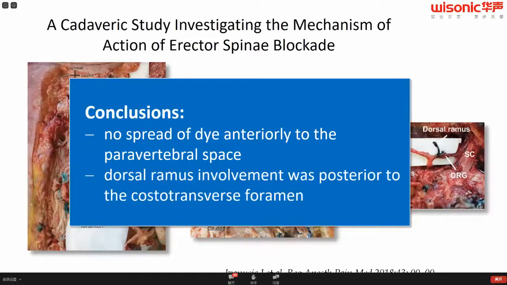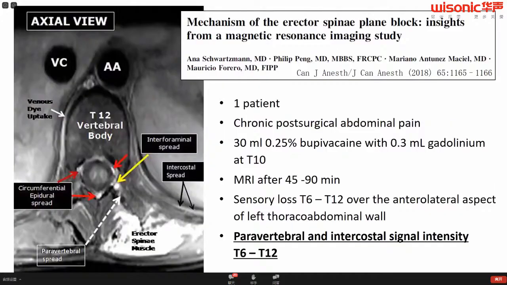paravertebral space, and the dorsal ramus involvement was posterior to the costotransverse foramen. This is another patient where 30 ml of bupivacaine with contrast dye were injected at T10, and after 90 minutes they made an MRI, and they found sensory loss between T6 and T12 over the anterolateral aspect of the left thoracoabdominal wall, and in the MRI the